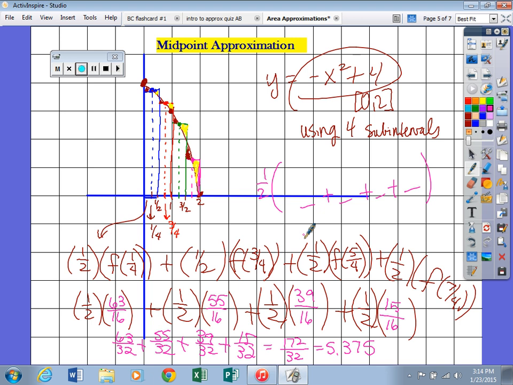So be thinking about that because the width never changes on any of these. So feel free to factor that out at the beginning. Save yourself a little headache. It's only a step, but you know, it's a step. It's a second of your life back. Okay, I got some